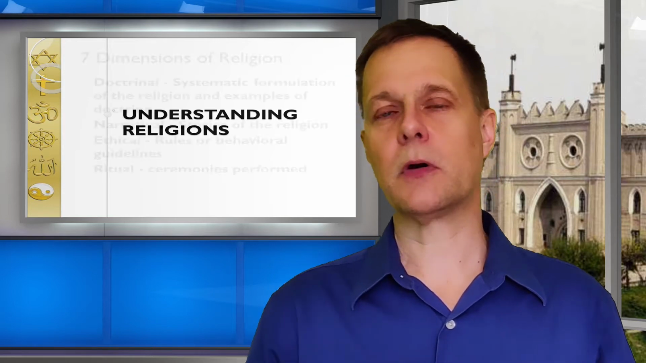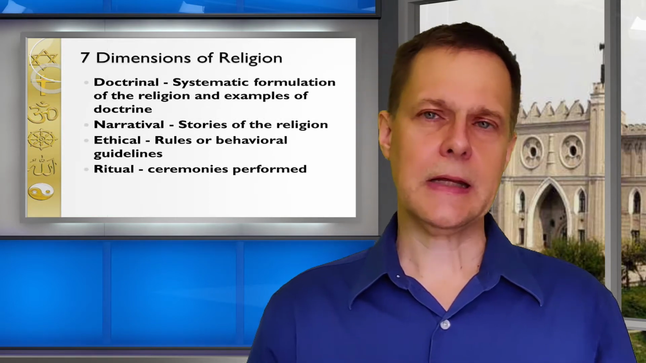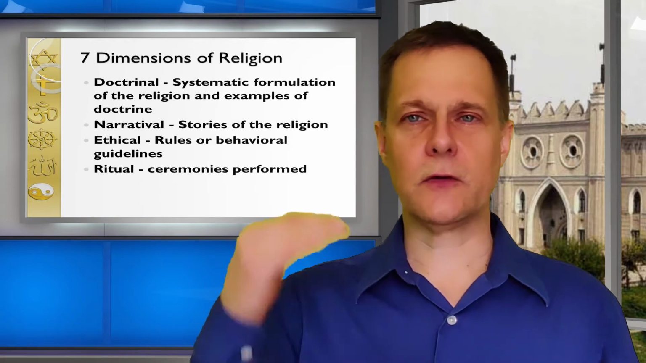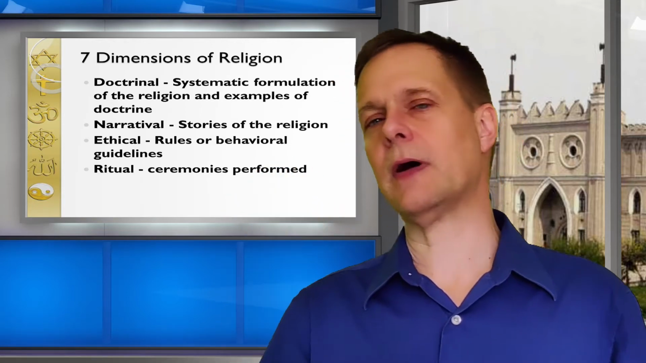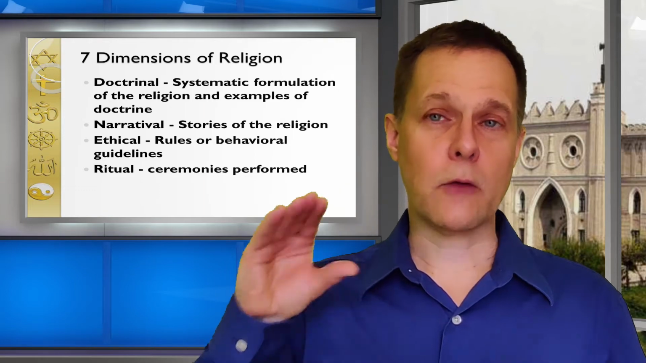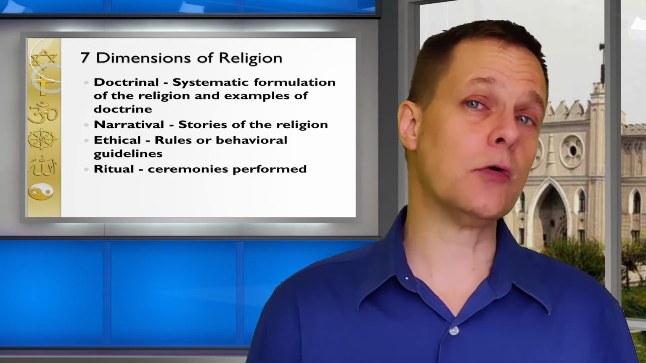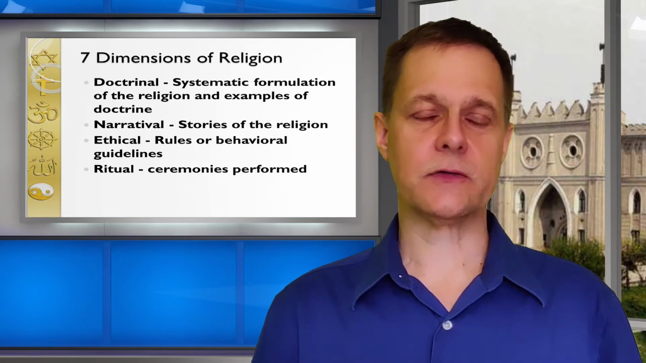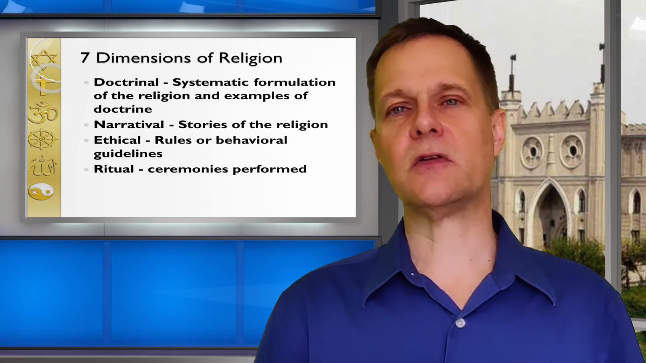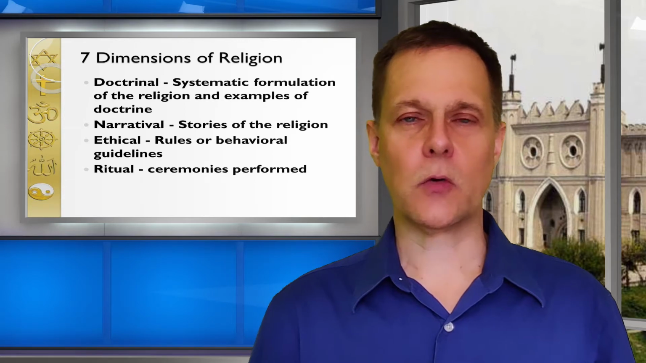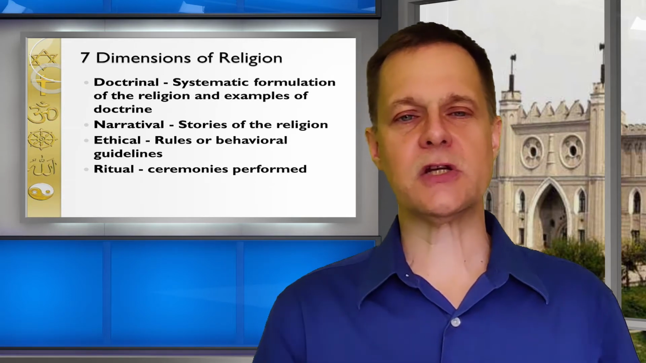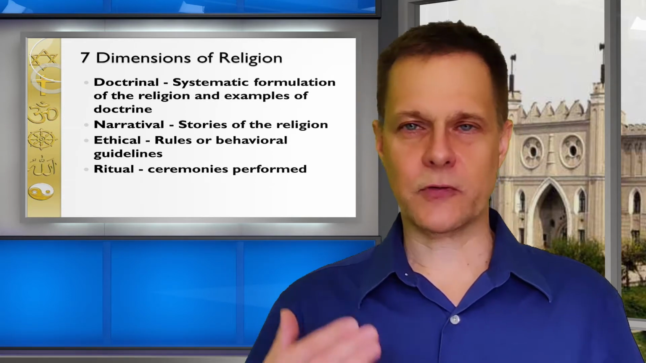These come from a book that Ninian Smart wrote, but it's an excellent way of looking at different religions and trying to identify how those religions fit into these 7 dimensions that I think are pretty universal for all religions. And so the first dimension is the doctrinal dimension, or a systematic formulation of the religion and examples of